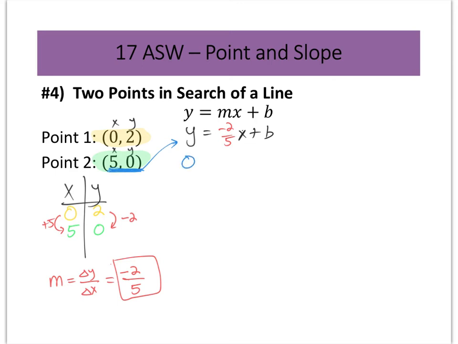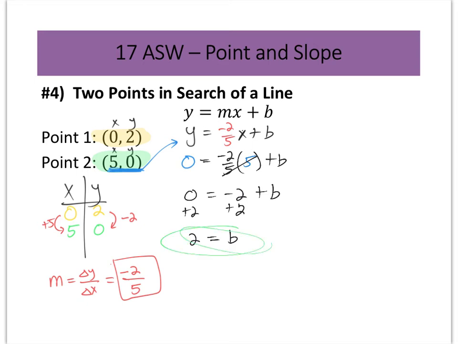Well, the y value is 0 equals negative 2/5 x, the x value is 5, plus b. Well, 5 divided by 5 is nothing, so 0 equals negative 2 plus b. We'll solve for b. So 2 equals b. That's something we're interested in because we can substitute it back up at the top to get y equals